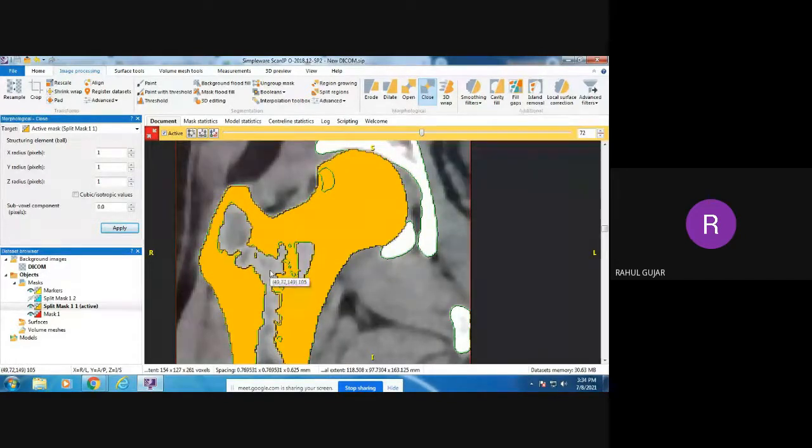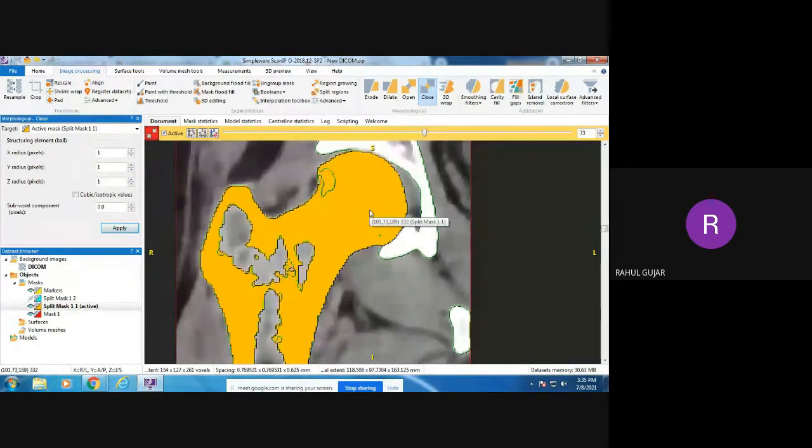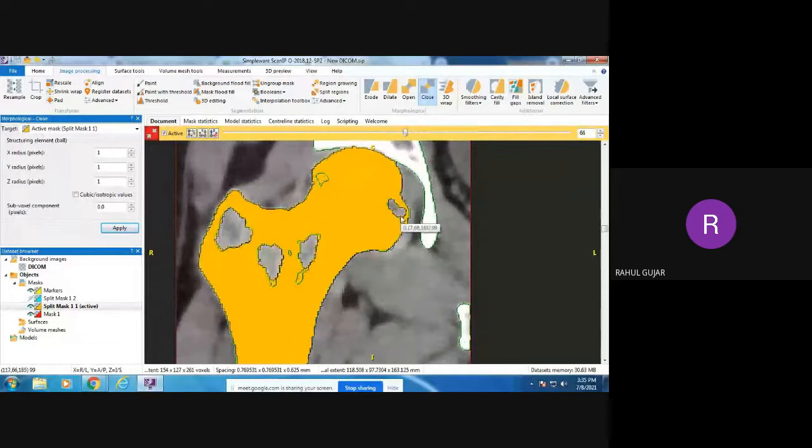In another portion, these are not called cavities. These are the bone marrow. So if you want to make the complete bone solid, you can convert it into a solid by implementing the same mask. Otherwise, you can implement another mask called bone marrow onto these different cavities which are showing in the trochanter portion. But our interest is only the neck and head portion, therefore we have concentrated on that portion. But still the cavity will be showing here.